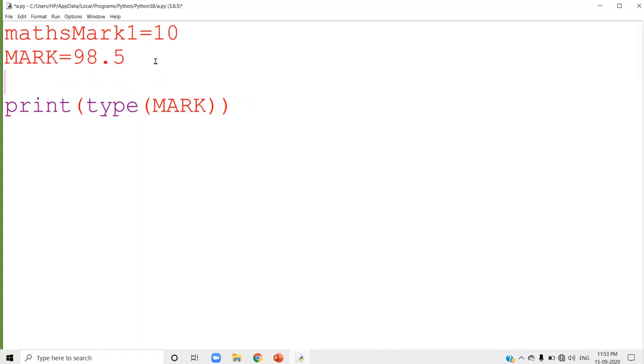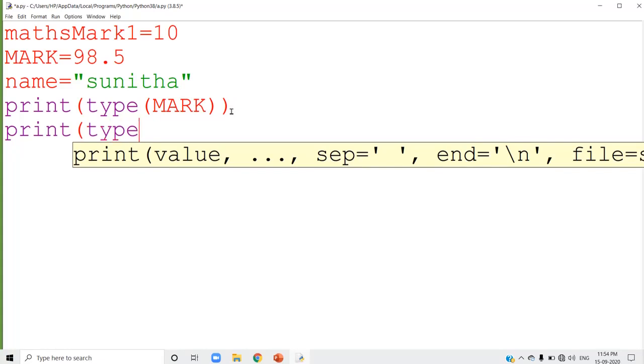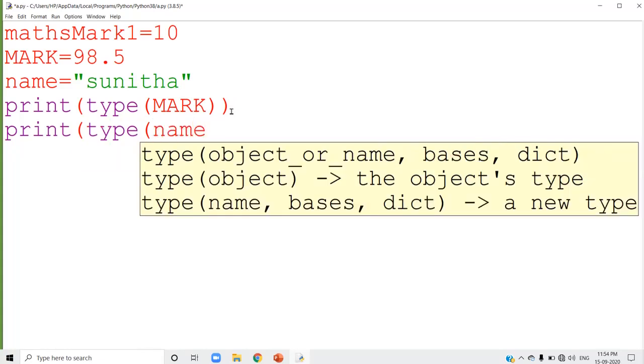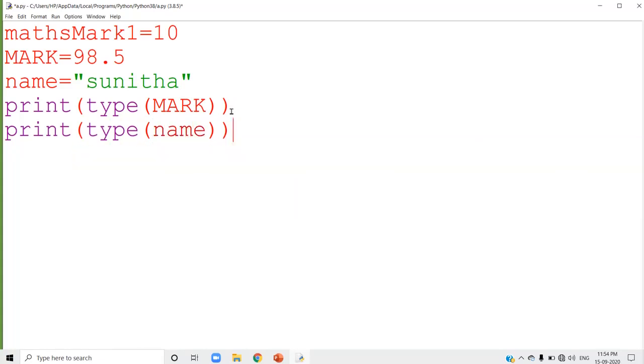And I am going to use another variable, name equal to Sunita. Now I am going to use the print statement, print type of name. So it will display the type of the variable name.